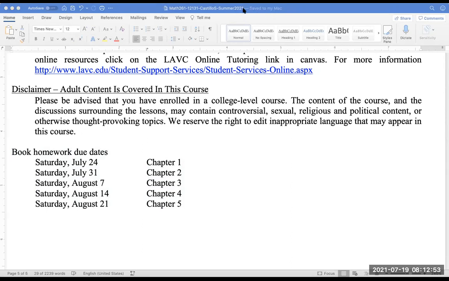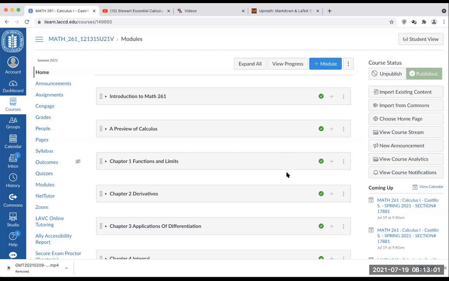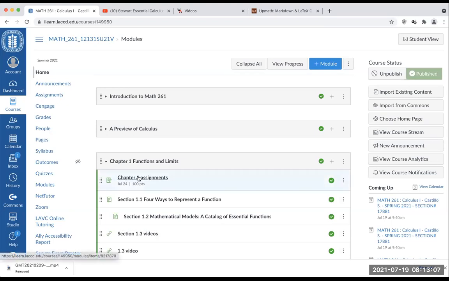Okay, it's taking a second to zoom over. Okay, so in addition to that,